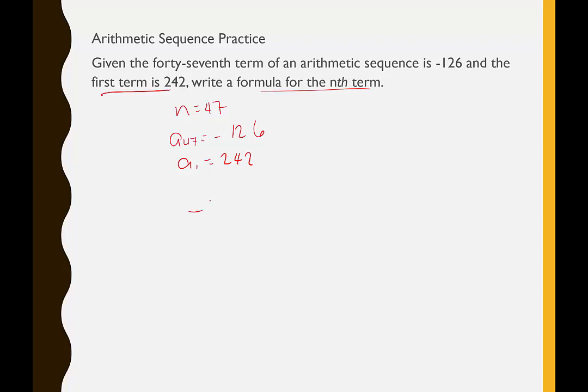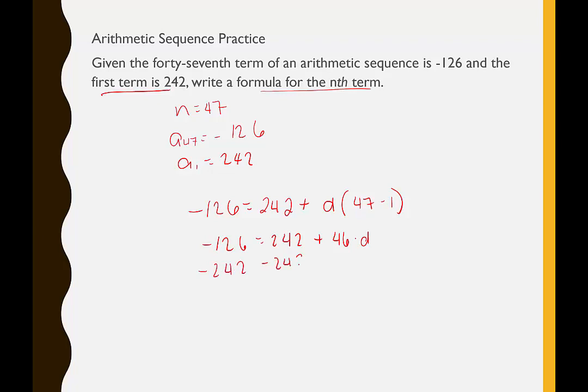A sub 47 is negative 126. Our first term is 242 plus our common difference we don't know, and then n minus 1. This would give me negative 126 is equal to 242 plus this would be 46 times d. We're going to subtract 242 from both sides, and that gives us negative 368 is equal to 46 times d. To get d by itself, we would divide both sides by 46,